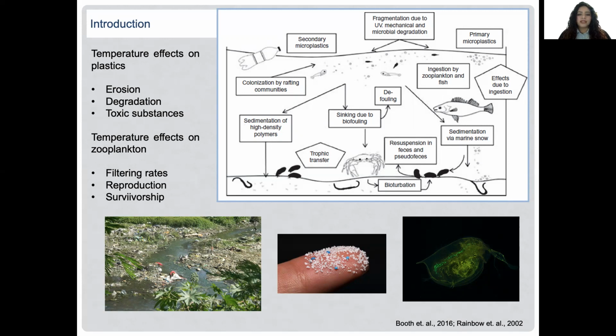Temperature also plays a very important role in the life cycle of organisms. It can affect variables such as average lifespan, reproduction, feeding, biochemical processes, and metabolic rates. The effect of microplastics on aquatic organisms can be diverse, from intoxication associated with chemicals to mechanical damage by direct ingestion of fragments or spheres.